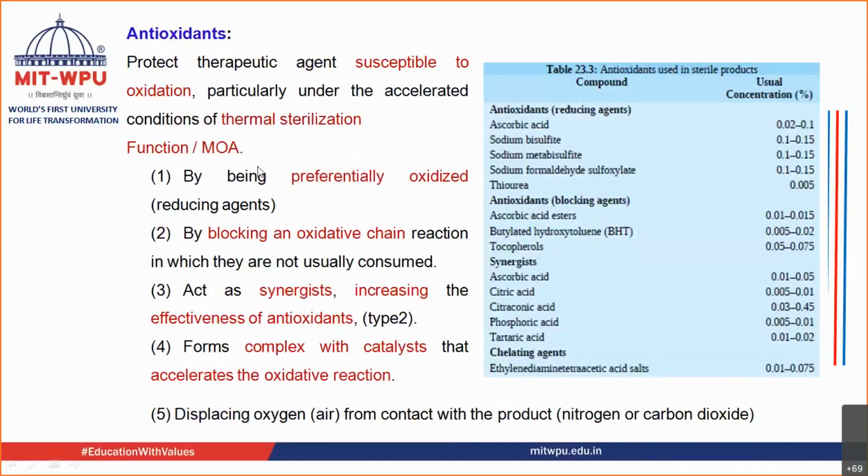Let us move further with the next ingredient that has been added after the antibacterial agent. Other agents that can be added are antioxidants. What do the antioxidants do? Antioxidants prevent oxidation of the active ingredient or of the excipients also. So the drugs or APIs which are susceptible to oxidation, in those cases you are going to use antioxidants.